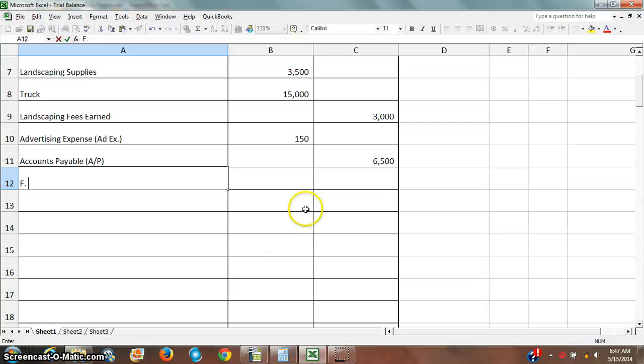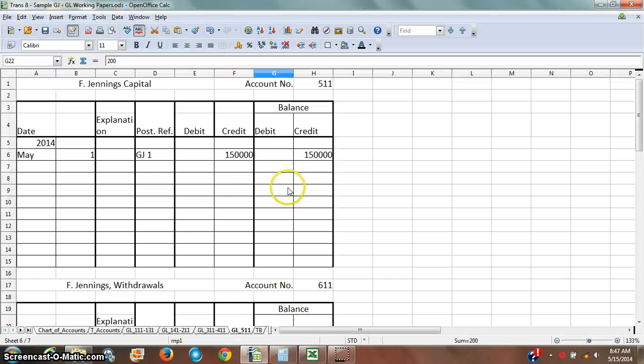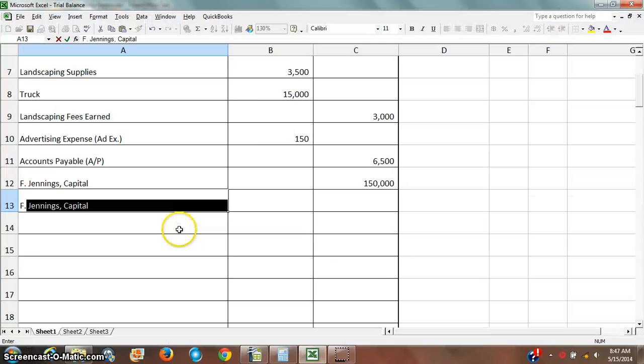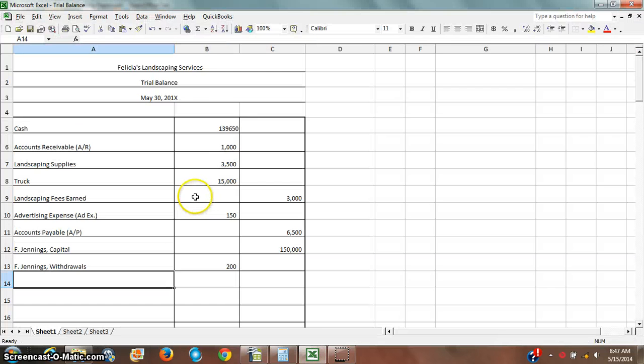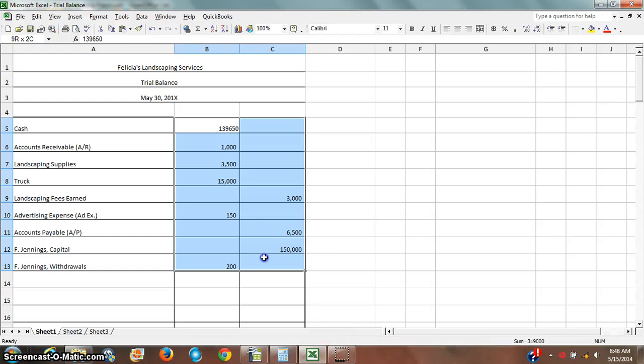F. Jennings Capital for $150,000. We got F. Jennings Drawing for $200. And now I've basically just copied all of the ending balances from the general ledger